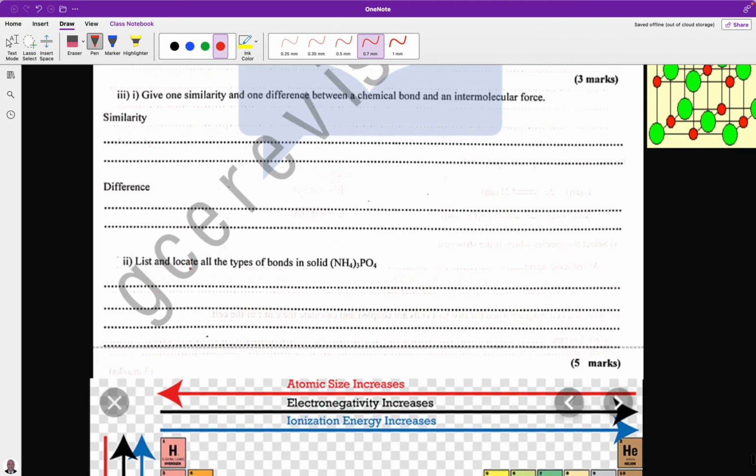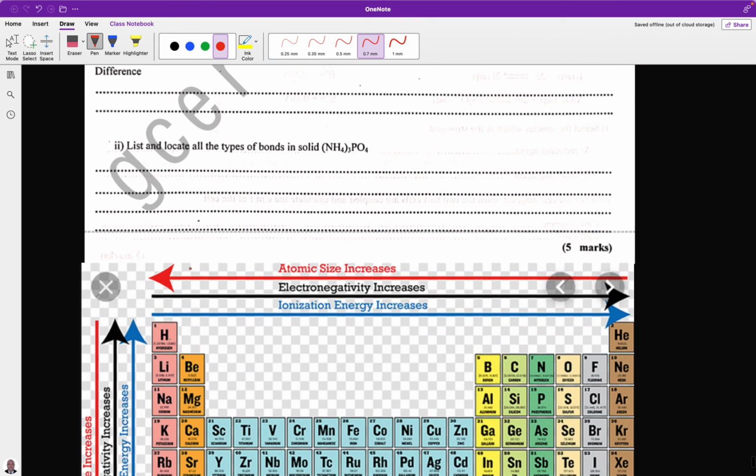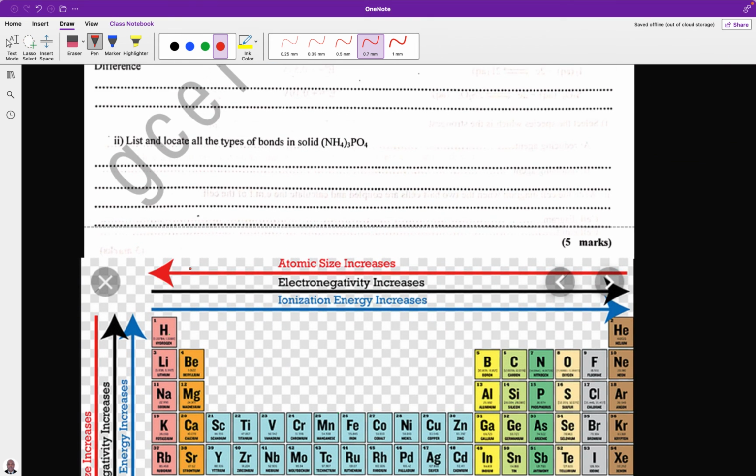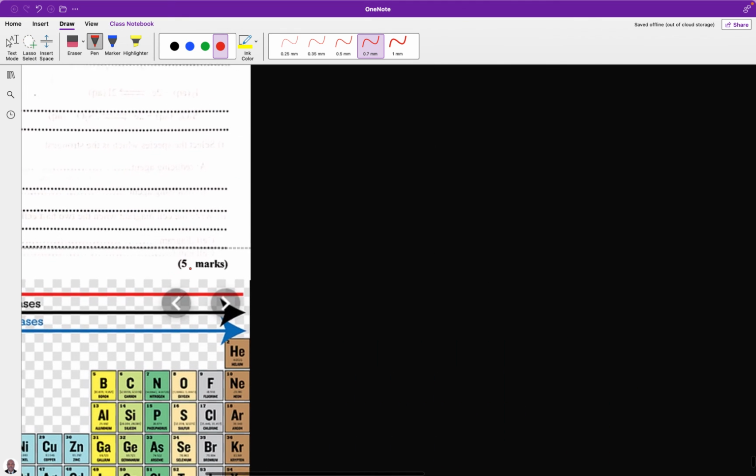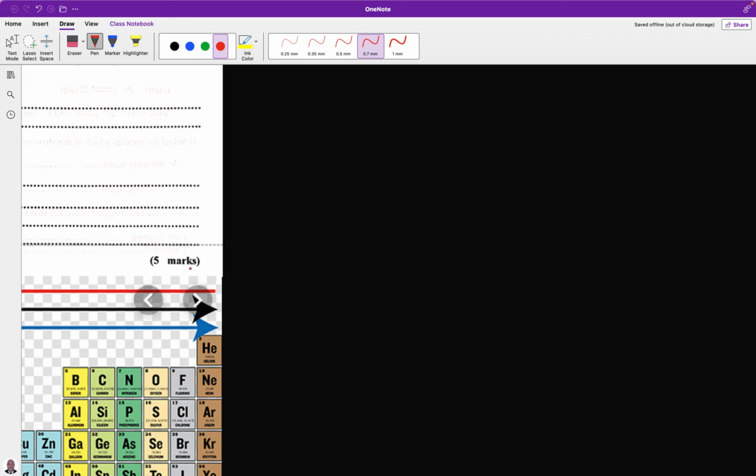It takes us to the last section, which is: list and locate all the types of bonds in solid ammonium phosphate. The types of bond present in ammonium phosphate. Okay, let me draw the bonds in ammonium phosphate. You will see that ammonium phosphate is a molecule that